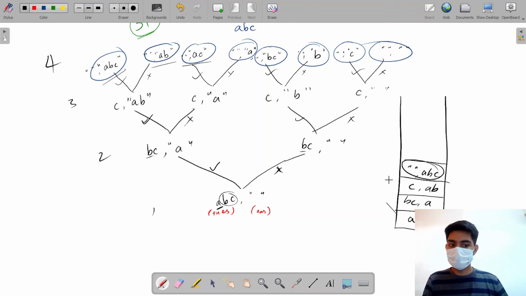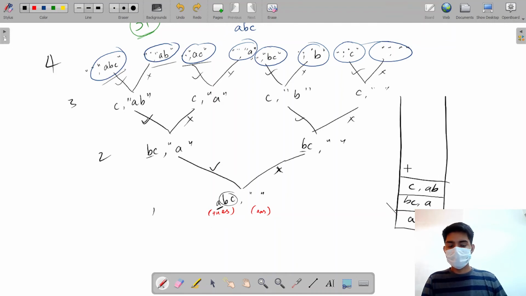And as I get nothing in my question, I'm just going to print my ABC and I'm going to return. Then I'm going to make a call for this, and this will be not included. I've gotten till here. So this is not included now. And now we have AB as my answer and nothing as my string.